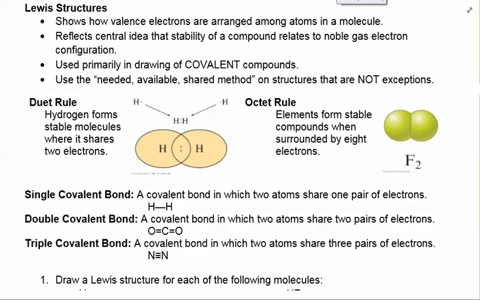So what Lewis structures tell us, they show us how valence electrons are arranged in a molecule. So we primarily focus on the Lewis structures of covalent substances. The idea here is that we want to figure out how we can look at the stability of a compound in relationship to the noble gas electron configuration. So again, covalent compounds, that's the key here. We're working with covalent compounds, and we are going to use something called the need available shared method on structures